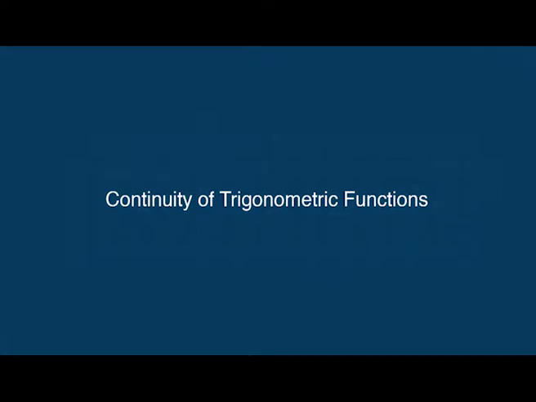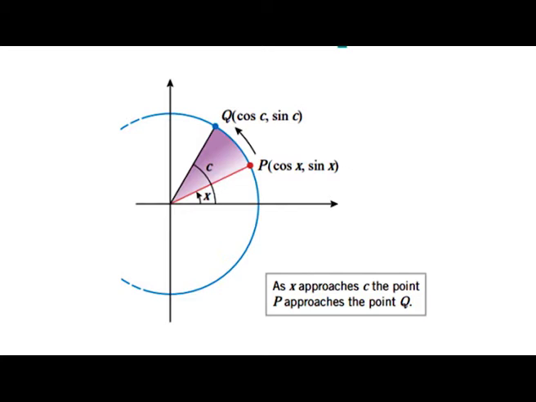Continuity of trigonometric functions. From trigonometry, we know that the graphs of sin x and cos x are drawn as continuous curves. We will not formally prove that these functions are continuous, but we can motivate this fact by letting c be a fixed angle in radian measure and x a variable angle in radian measure. If, as illustrated in the figure, the angle x approaches the angle c, then the point P, cos x sin x, moves along the unit circle toward Q, cos c sin c, and the coordinates of P approach the corresponding coordinates